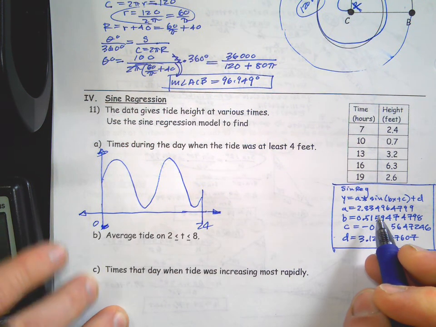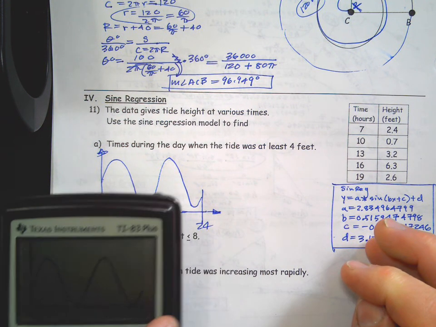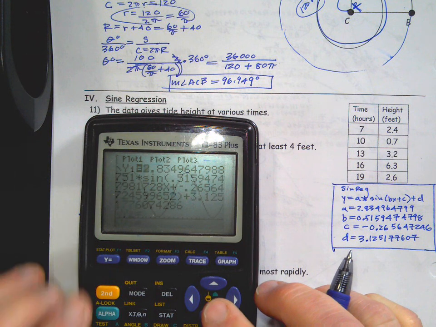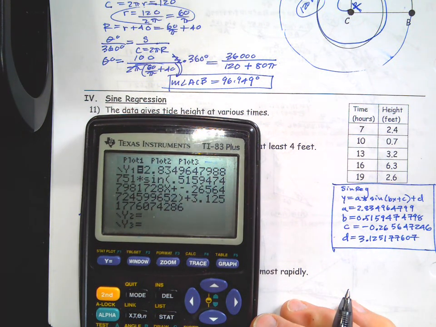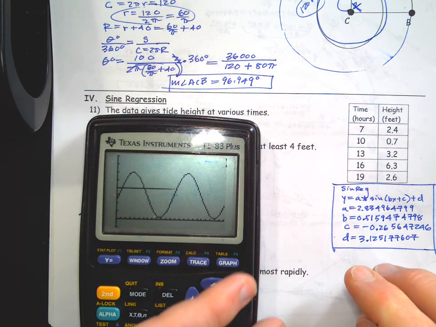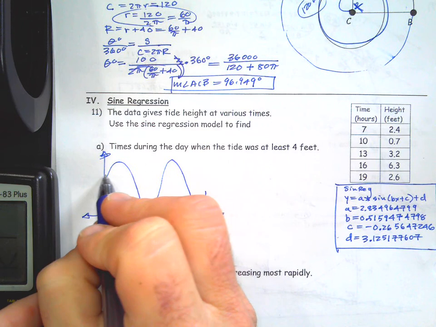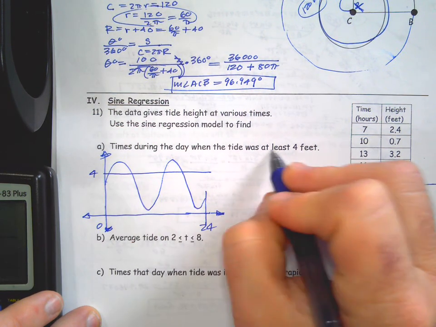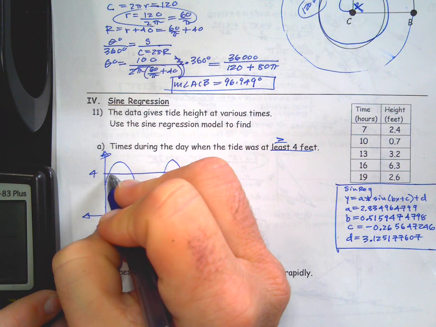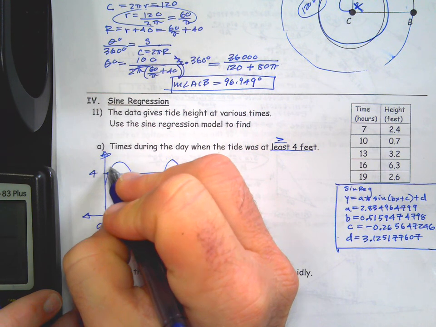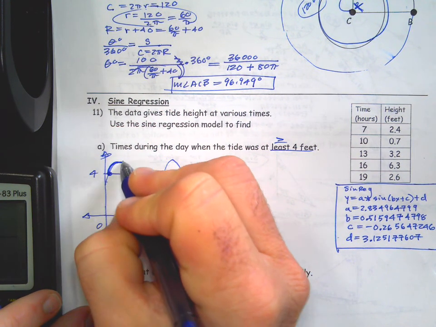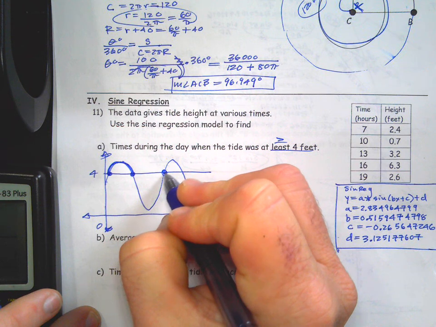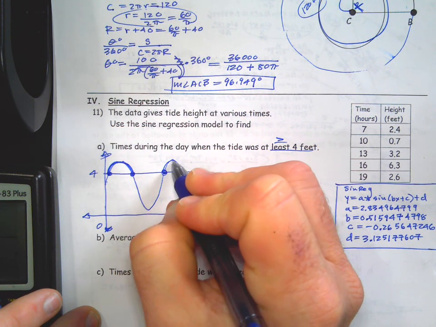Okay, times during the day when the tide is at least 4 feet. So we're going to go back to Y and we're going to enter in 4 feet, graph it. Okay, so then I'm going to make sure that seems kind of obvious. So at least 4 feet means greater than or equal to. So that's solid dot, and greater than. So I'm actually showing you my answer right here. This is my answer. Now I got to find those